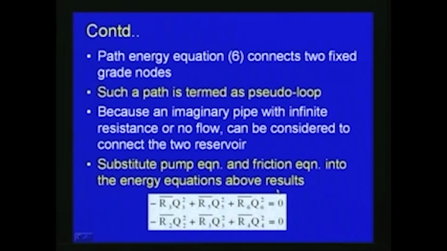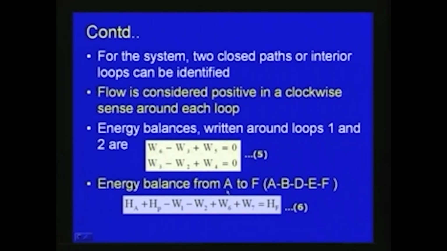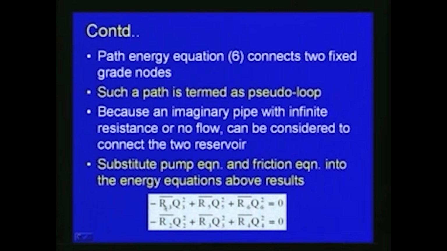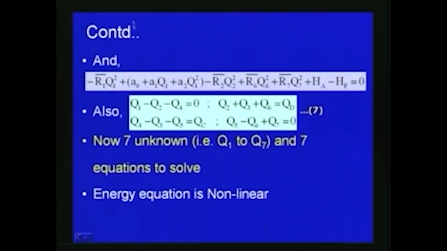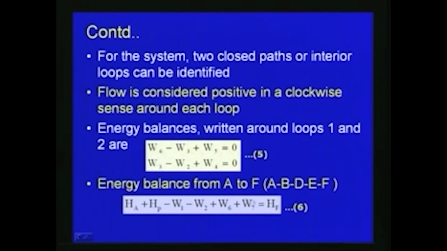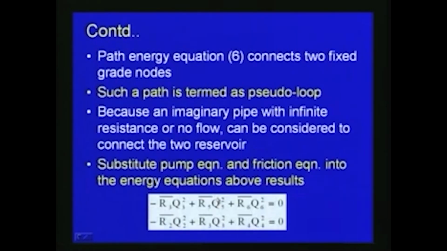We will write all the corresponding equations here. Equation number 5 gives minus R3 bar Q3 square plus R5 bar Q5 square plus R6 bar Q6 square is equal to 0, and the second equation will be R2 bar Q2 square plus R3 bar Q3 square plus R4 bar Q4 square is equal to 0. Then, corresponding to equation number 6, when we substitute all the values,